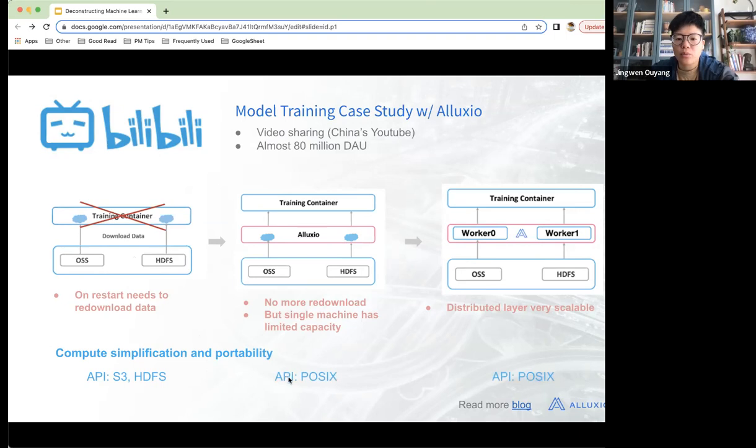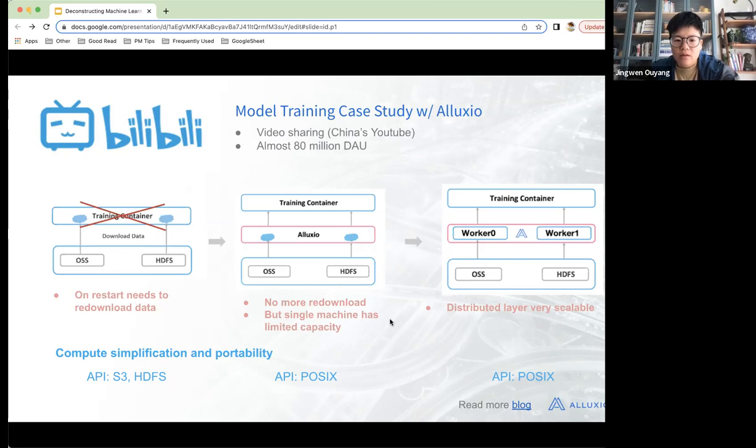With Alluxio, they use the POSIX API, which is a very generic API, and Alluxio does the translation into S3 and HDFS here. So the application layer can be drastically simplified, and they can be taken to any storage. So we call it that vendor lock-in no longer exists. You can choose any vendor anytime, swap, and get a new one.